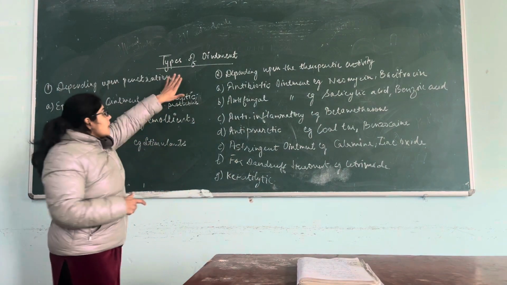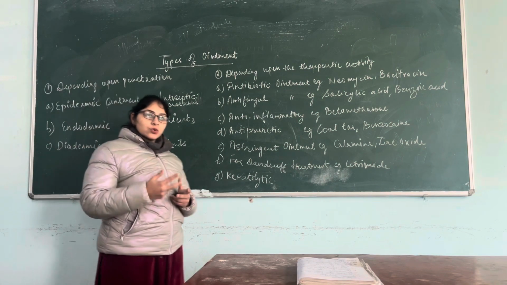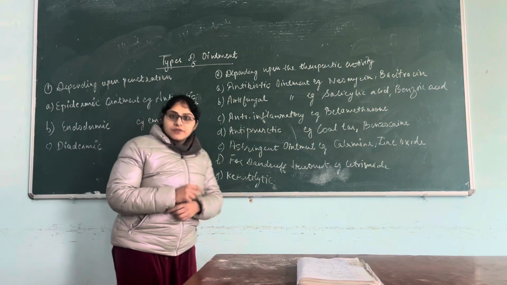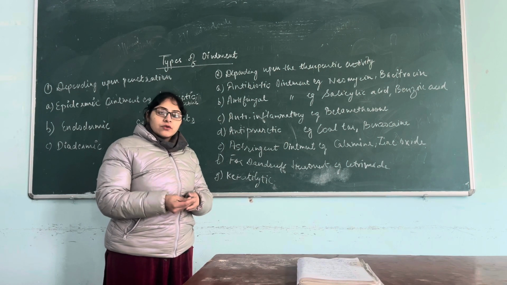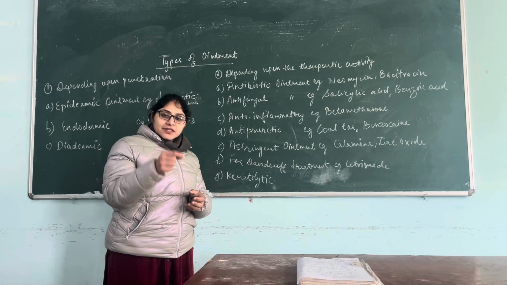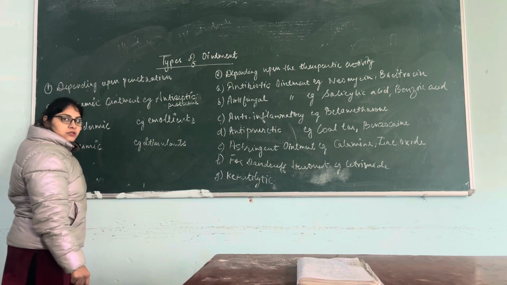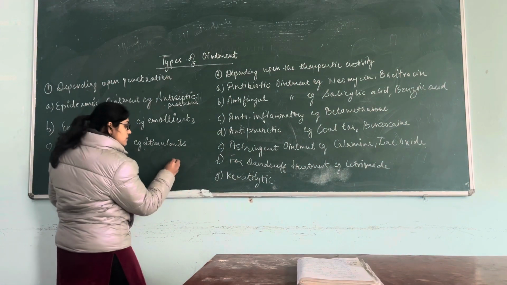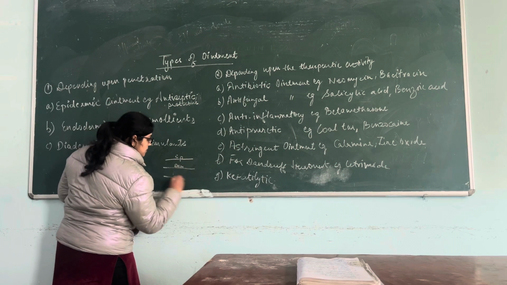So there are different types of the ointments. So it is classified on the basis of two. First, depending upon the penetration level. So in our skin there are different layers, and our ointment penetrate through that layer and give the action of the drug. So depending upon the penetration through the different layer where we want to penetrate the drug, it divided into three. First is the epidermic ointment. So epidermic ointment include, we have skin of three layers: epidermis, dermis and hypodermis.